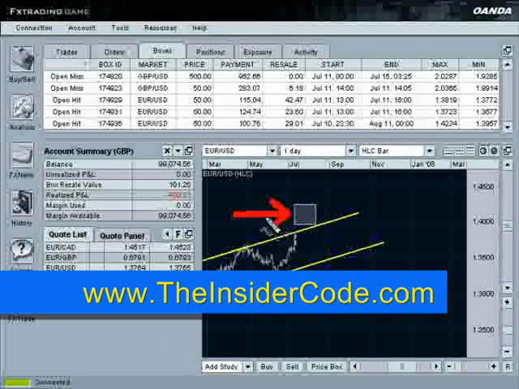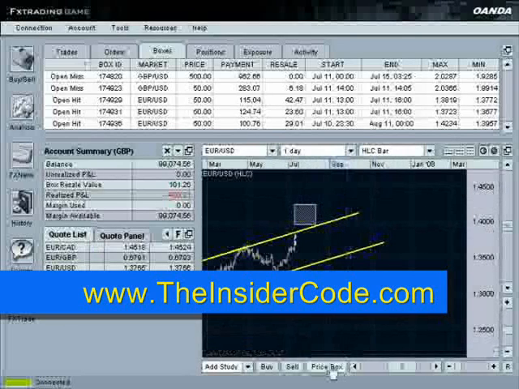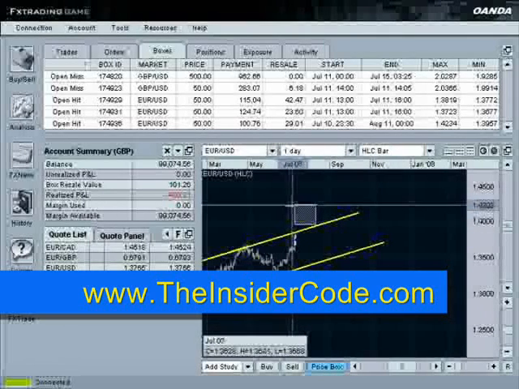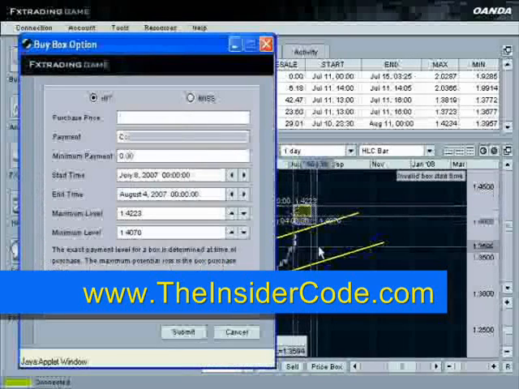Now, with Oanda, if the inside of the box is shaded, this is a hit box, which means price must get in here. What I was trying to do was a miss box, and I got caught up in what I was doing, and I screwed it up. Okay, so let me do this again. Whoops. Okay, we'll just put it on there.